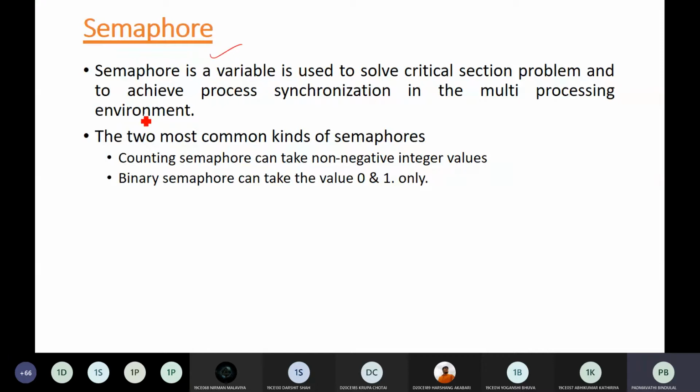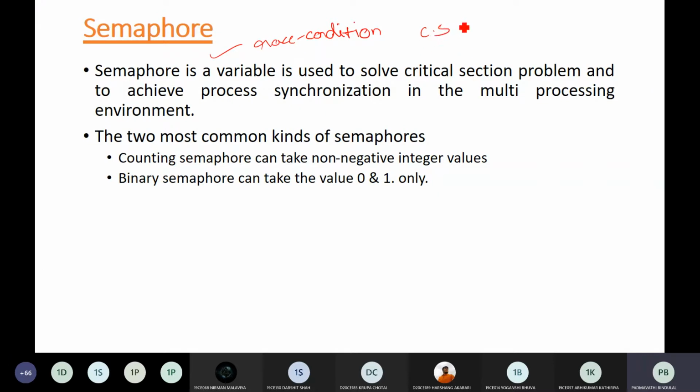So first let's see what a semaphore is. Simply you can put it like this. It is also one of the methods to solve your race condition problem. Whatever problem we have discussed in the starting of the chapter, that is race condition, and for this we are designing a part of your program to be the critical section.